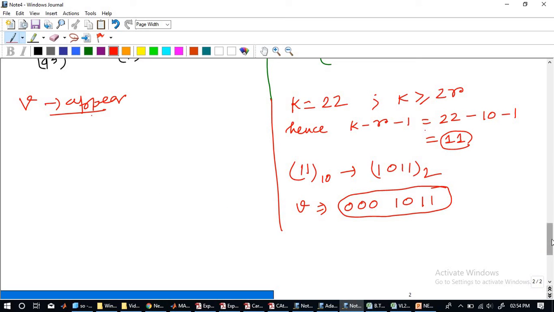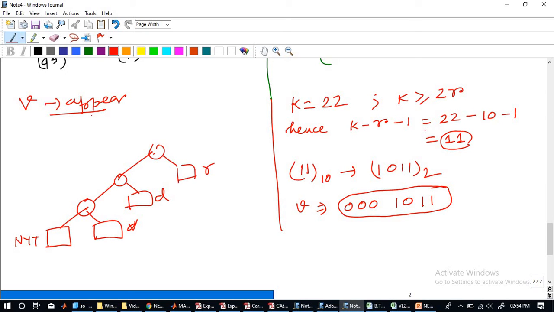So ideally, if I just show you when V appears: NYT, this should be our V. Here there will be D, this should be R, and finally this should be our A. But if you go on doing the weightage, you will find that somewhere here you have to change the swapping, and also over here. We did it in the last class, so I'm not doing it.